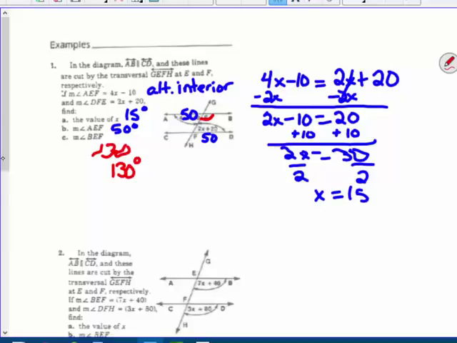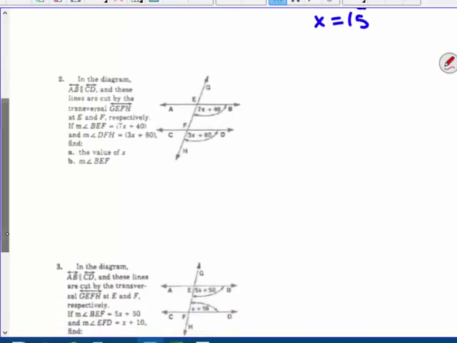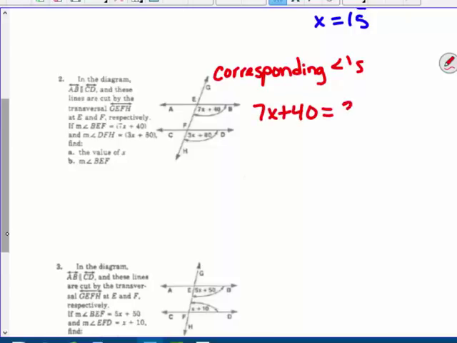BEF is 130 degrees. Number 2. In the diagram, line AB is parallel to line CD, and these lines are cut by the transversal GEFH at E and F respectively. If the measure of angle BEF is 7x plus 40, and DFH is 3x plus 80, find the value of x. These are corresponding angles that they've given me. So they are congruent. 7x plus 40 has to equal 3x plus 80. I'll subtract the smaller x. So I'm solving algebraically. I get 4x plus 40